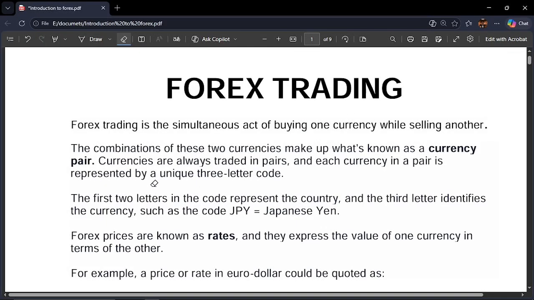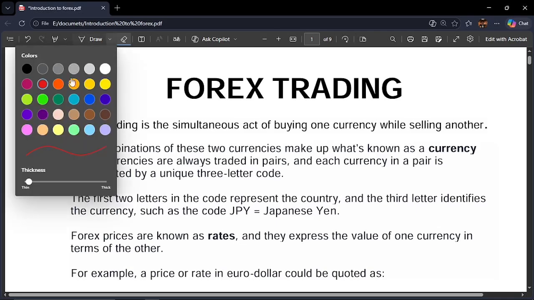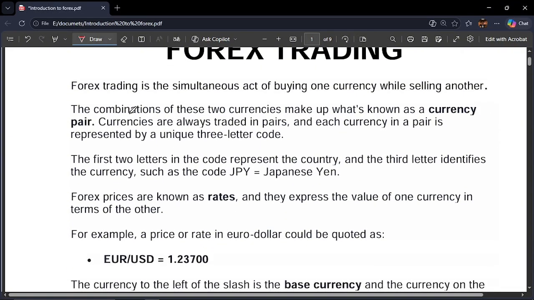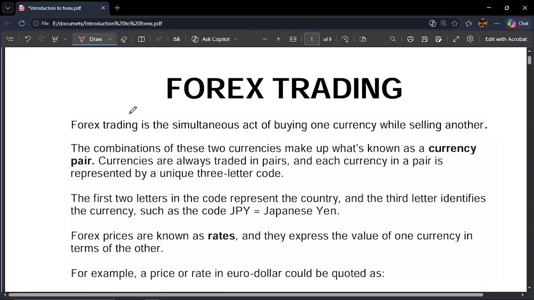If you're completely new to Forex trading and you've been wondering how Forex works and how people make money in Forex, then this video is completely for you. In this beginner course, we'll be learning Forex from scratch using simple notes. As you see, these are simple notes, and using chart examples. In the future, we shall be introducing chart examples and practical examples so that you guys get to know